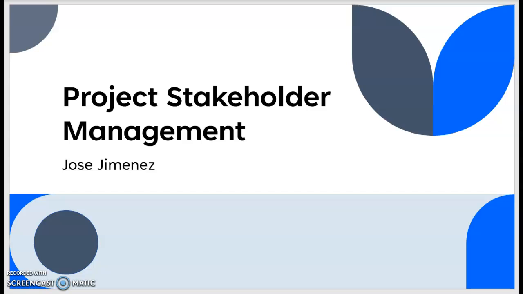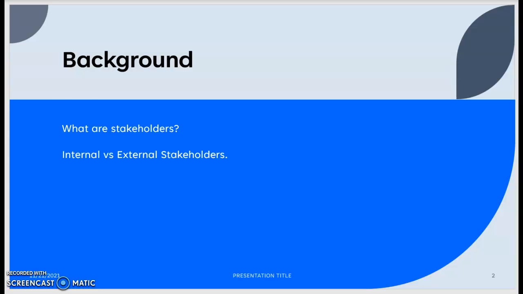Now, some of the questions we might be asking ourselves is, what are stakeholders, right? Stakeholders are pretty much any person that is affected by the project or project activities. They usually have a stake in the work, and they can also influence the ability to fulfill the project's mission. These usually include, for example, project managers, project sponsors, the project team,